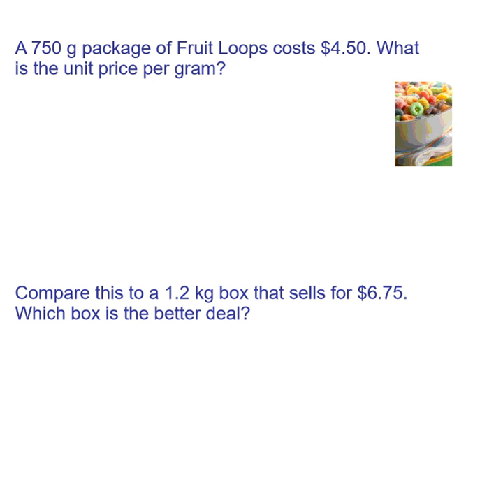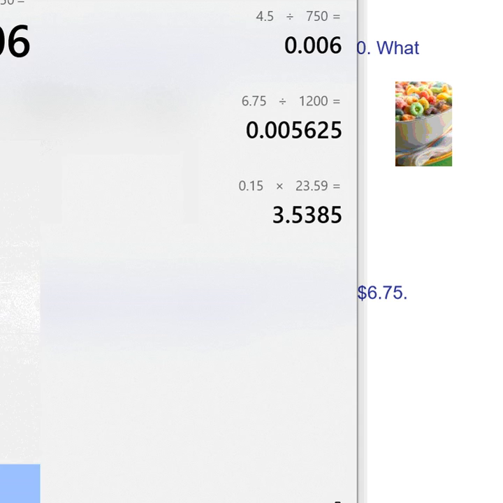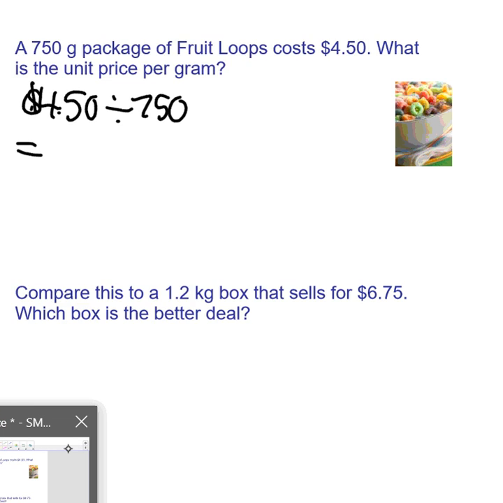Remember, to find unit price, you're always going to take the cost, $4.50, and divide it by the amount you buy, in this case, 750. When you do that, you get 0.006 per gram. Now, I know that seems really small, but that happens a lot with unit price because it wouldn't